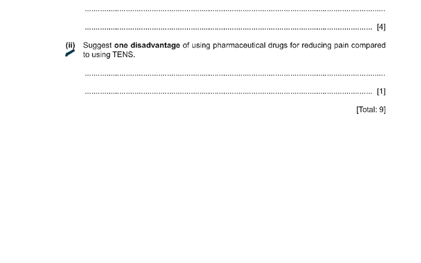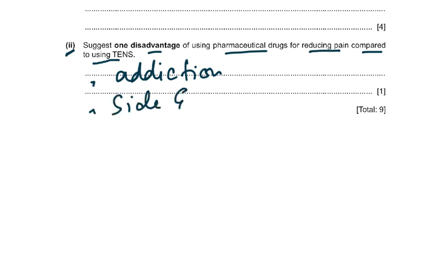Then coming to the last part of this question, suggest one disadvantage of using pharmaceutical drugs for reducing pain compared to using TENS. Well, drug dependency or addiction or tolerance. I mean, you take one brufen, now you have to take two brufens, and brufen has a lot of side effects, and that results in addiction or dependency. Then side effects. I know I have knee arthritis and I have to take brufen, and it has very bad side effects on my stomach. Then it's expensive,